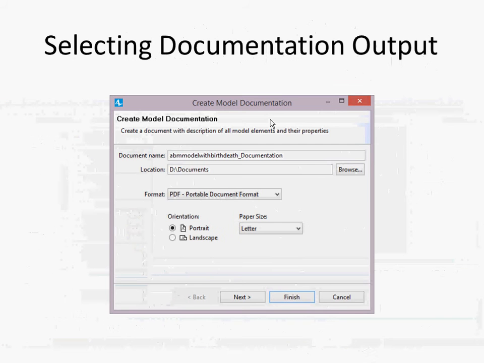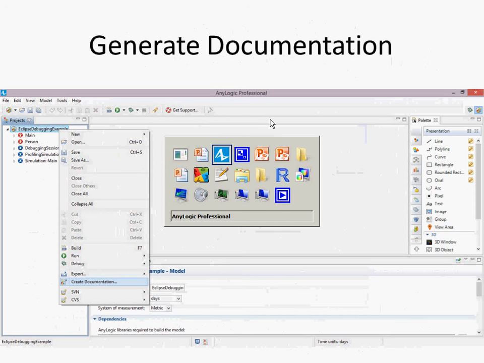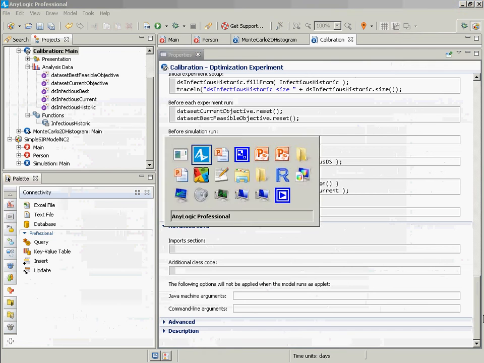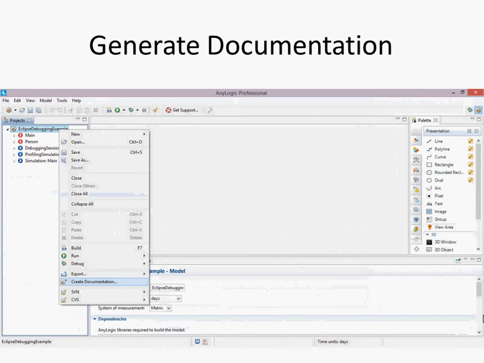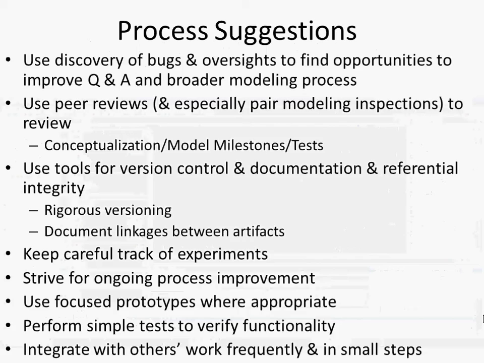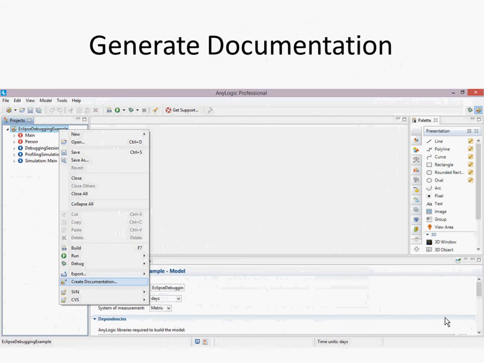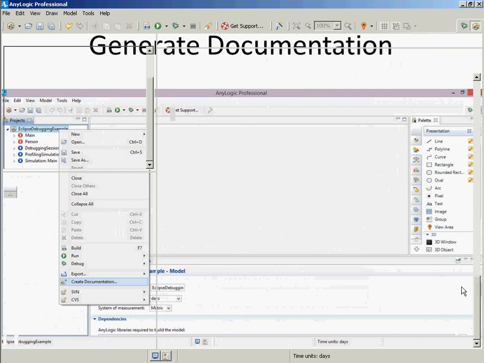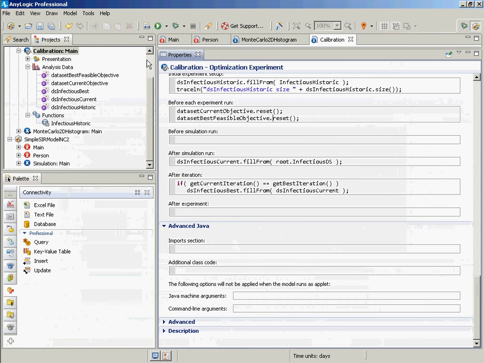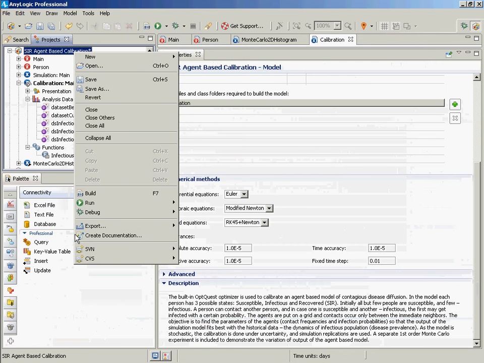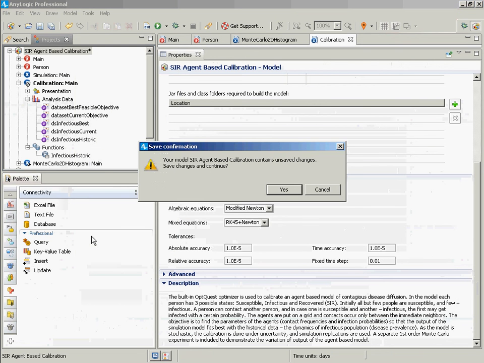Lots of other suggestions here. One other thing that I hope all of you know about, but in case you don't, I want to highlight, is the capacity in AnyLogic to generate documentation. If you right-click on a model and use the context menu here, you can find that you can create documentation on the model,